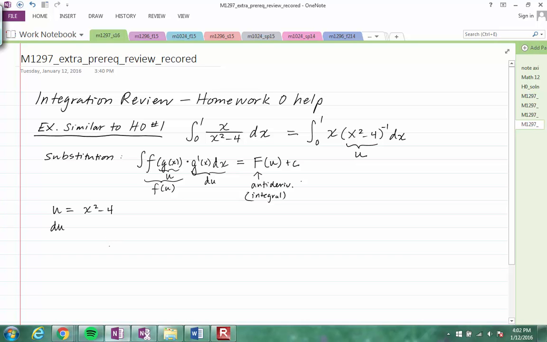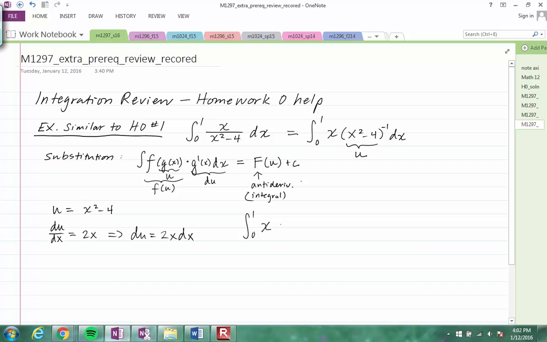So the way that you find the du is you take the derivative of u, and I'm using Leibniz notation here. So the d over dx is saying I'm taking the derivative of u. So altogether it's du over dx. And then take the derivative, you get 2x. And then to rewrite it as a differential, you just multiply both sides by dx. So you have du is equal to 2x dx. And now I go back to my integral and I start trying to write this